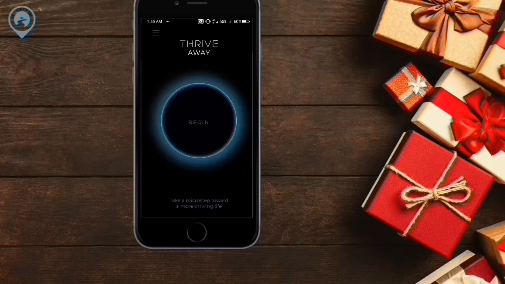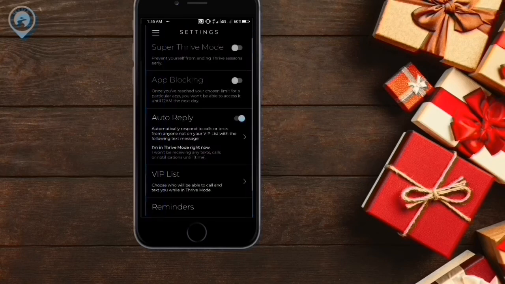After the first Thrive mode, the app allows you to customize. You can find it from the home interface. Just set up,